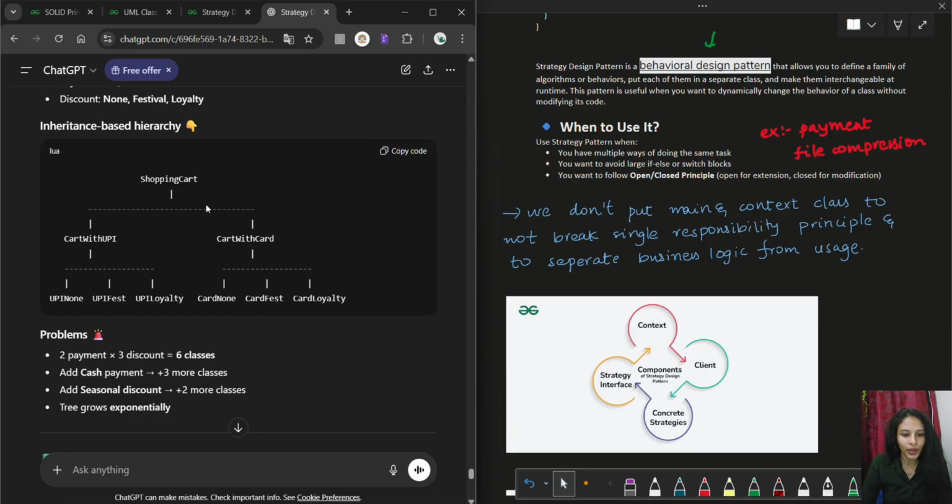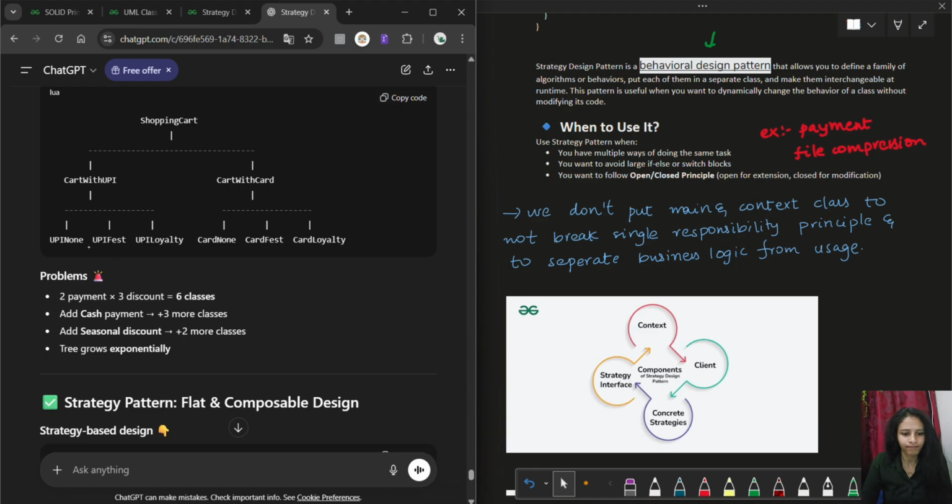And now, for example, there is a discount. Say there is no discount, there is a festival discount, or a loyalty discount. So for each of these, you have to implement it with UPI and with this discount. So the hierarchy increases. For the card and for the UPI and for each of the discounts, you have to implement three classes again, and you have to inherit this card with card, then I also implement three discount